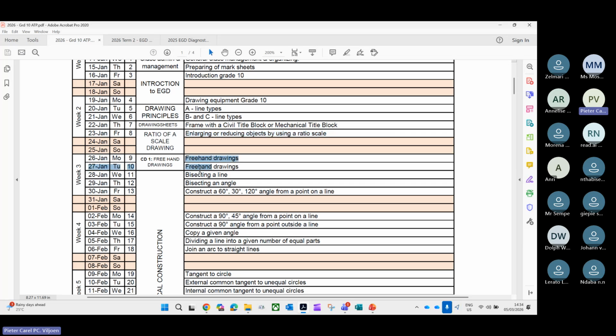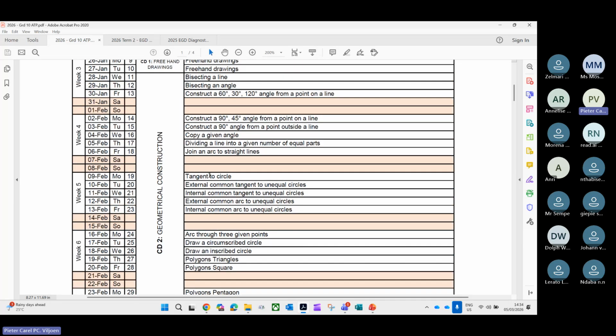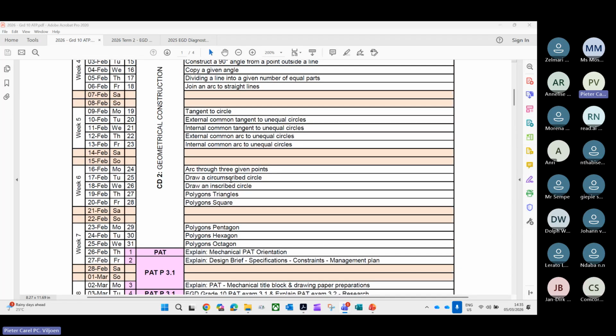And then we have had freehand sketches and bisecting of lines, geometrical constructions, 60 degrees, 90 degrees, 120 degrees. We have had also the construction of an angle, copying of an angle, internal common arcs and external common arcs, and also tangent internal and external circles or arcs towards circles. All right, so that is also important, because if you set the exam for you guys, for instance, you can ask a mix and match of all these combinations of all these types of questions in one question. You've seen the workbooks, you've seen how they look. And then, of course, it rolls over towards